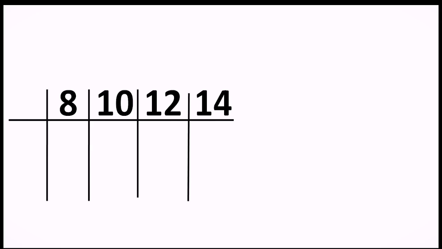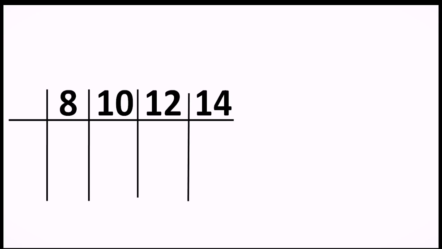What happens when there are more than 3 numbers? 8, 10, 12 and 14 are given to me. Simple. There will be no change. We have to just keep on dividing the numbers, keep on finding the prime factors, but you have to encircle only those numbers which are dividing all of them, and those encircled numbers will be chosen for GCD.